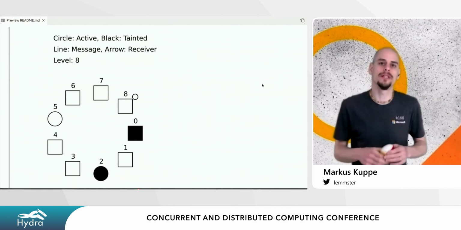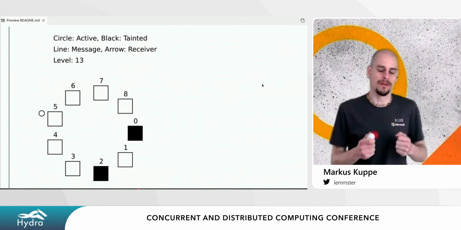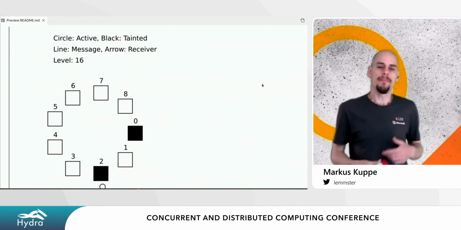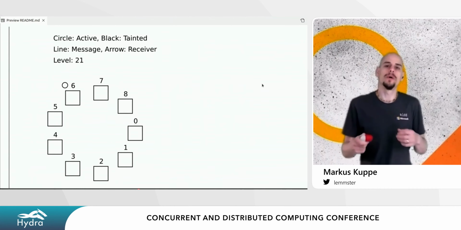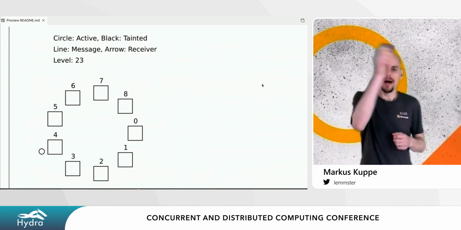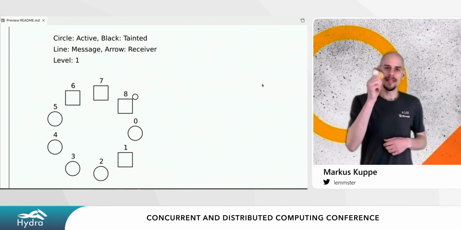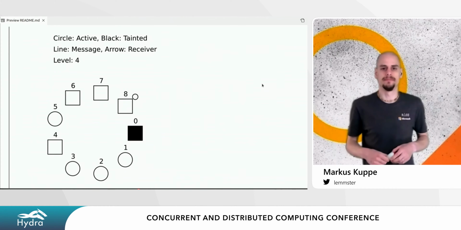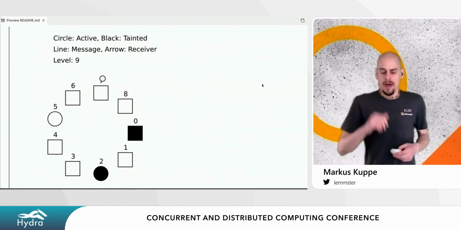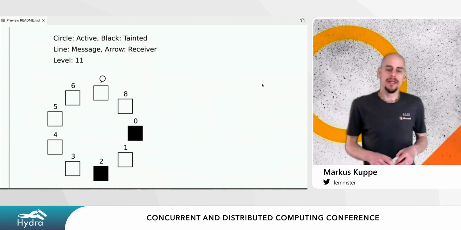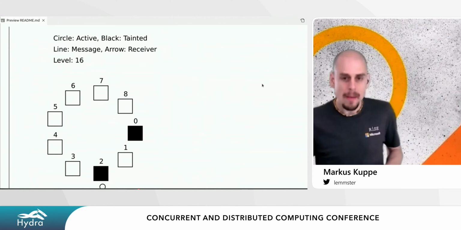If it's black, the initiator knows that termination has not occurred, because the token is black. Some node sent a message that reactivated some node. So instead of just doing one round, the initiator now has to do multiple rounds over and over and over again until the initiator gets this token back and it's white. So this protocol works, and it's due to EWD 840, also a writing of Dijkstra,